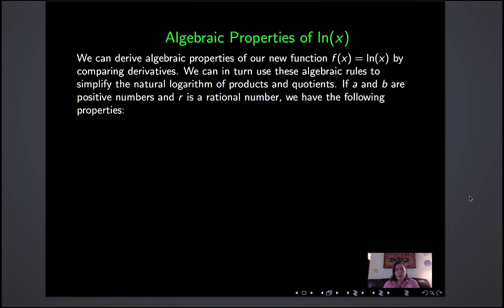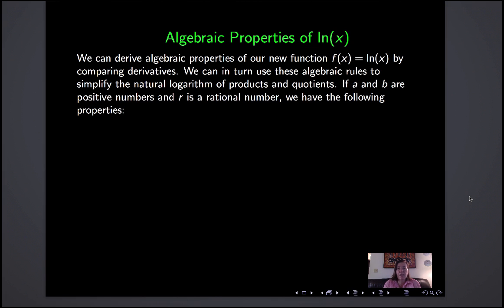In this section, we're going to look at how we calculate with logarithms, and we're going to define a number of properties of logarithms that will help us calculate, or an algebra of logarithms, so to speak. We can derive algebraic properties of our new function by comparing derivatives, and we can in turn use these algebraic rules to perhaps simplify the natural logarithm of products and quotients,